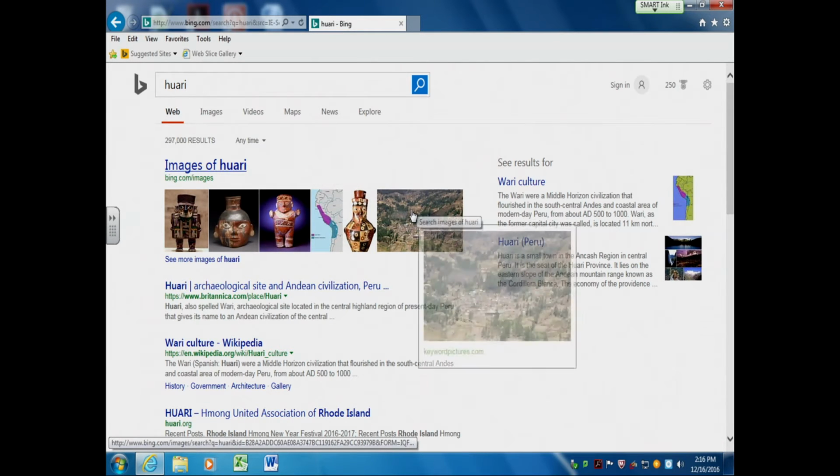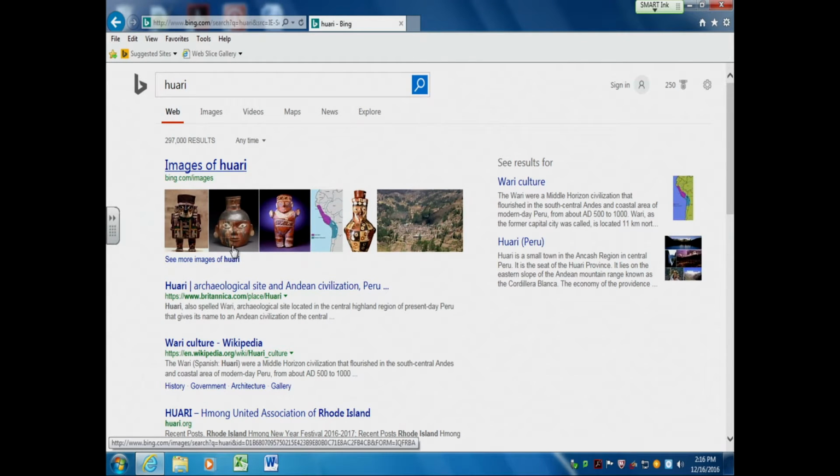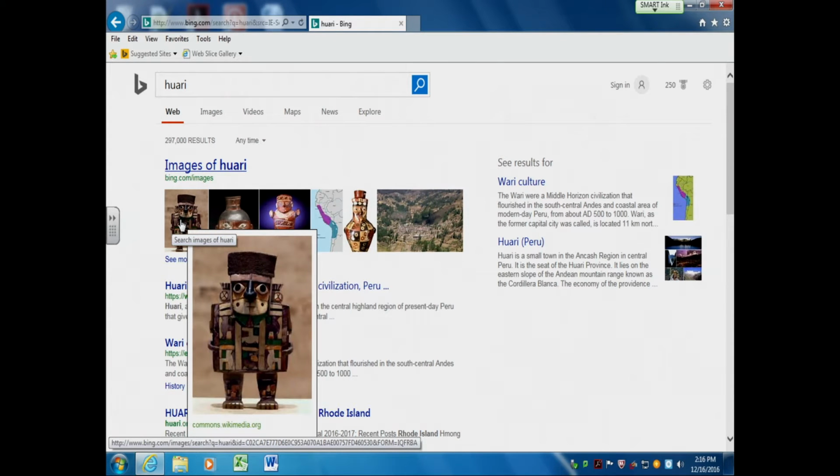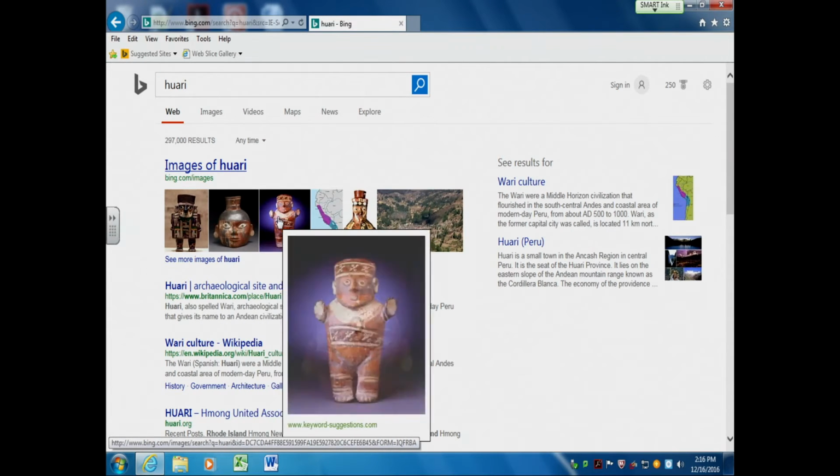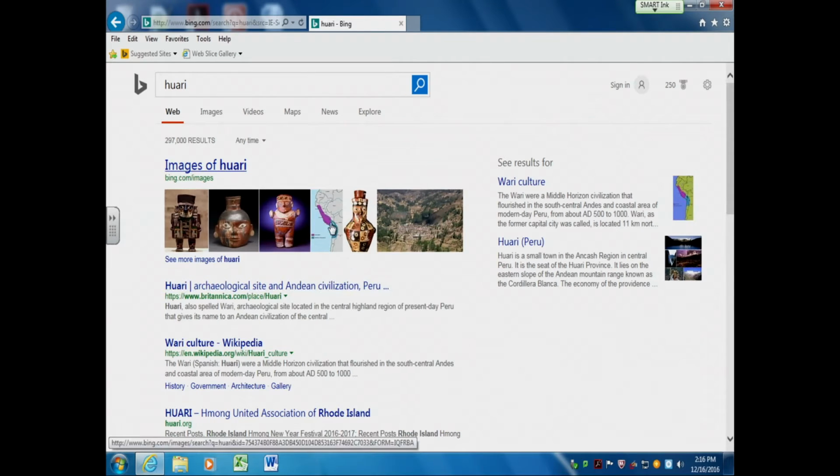And these are the images of the Wari. The book I have, and I'm going to show you some images from it. They don't spell Wari H-U-A-R-I, it's spelled W-A-R-Y. Well, here it is right here, spelled in that particular manner. But you can see very sophisticated sculpture, pottery, ceramics, etc.